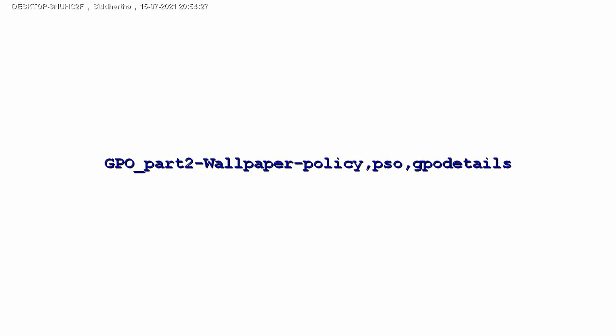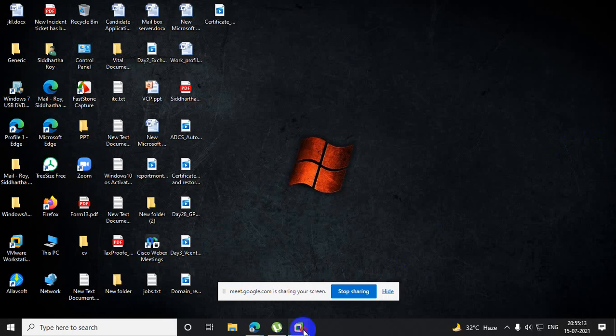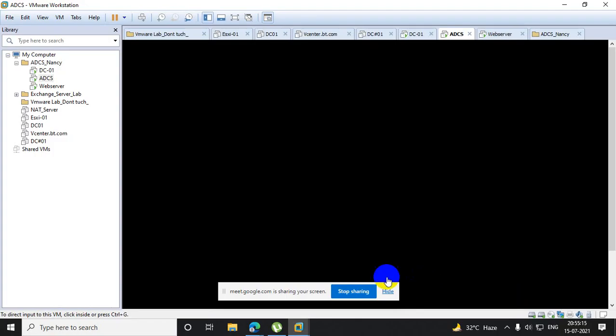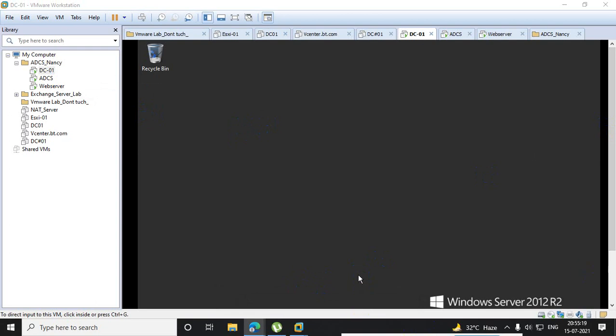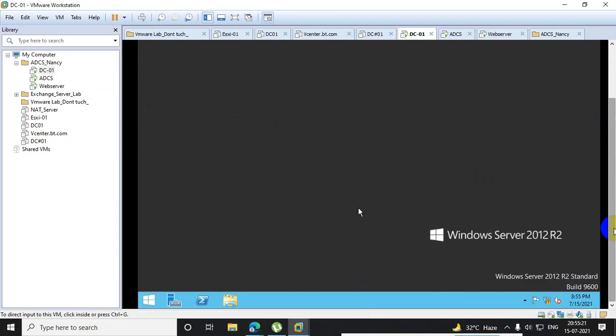A couple of things we will learn in depth in group policy. So basically, if I go to GPO, first of all, how will you know how to open the GPO console? Who can tell me how to open the GPO console?